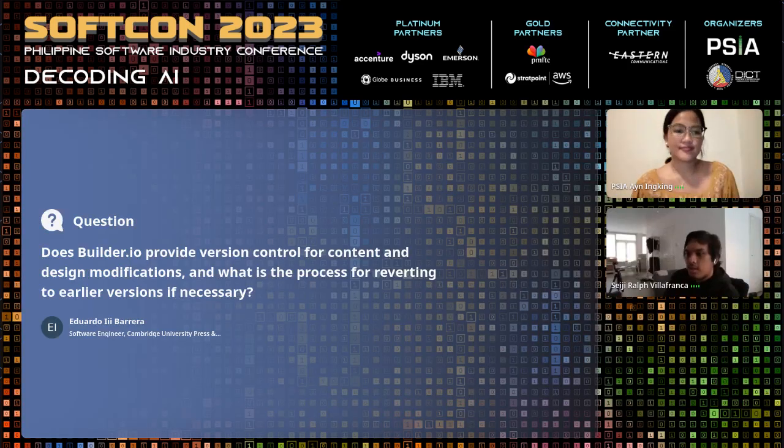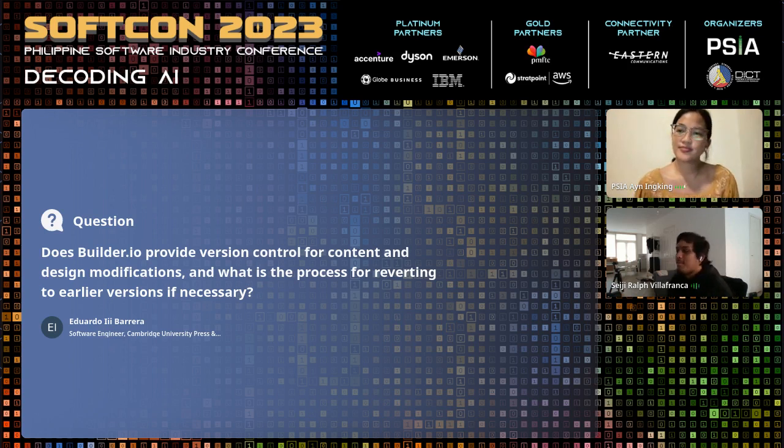But for the last question, from Sir Eduardo: does Builder.io provide version control for content and design modifications? And what is the process for reverting to earlier versions if necessary? Medyo mahaba yung tanong. Does it provide version control for content and design modification? What is the process for